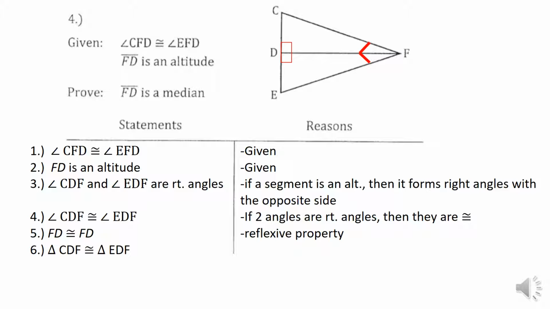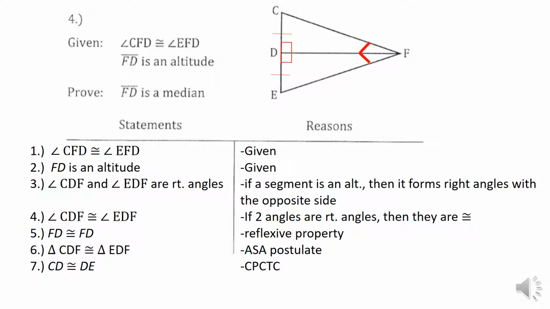Now once we've shown that those two triangles are congruent, then we know that... sorry, I forgot to mention that. We know that these two triangles are congruent because of the angle side angle postulate. Right, because of the angle side angle postulate. And now we know that CD must be congruent to DE because of the